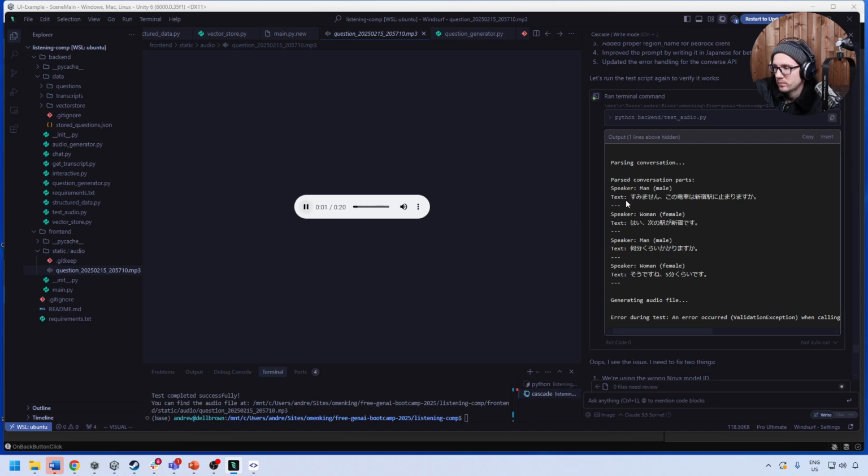次の会話を聞いて、質問に答えてください。すみません。この電車は新宿駅に止まりますか？ はい、次の駅が新宿です。 ありがとうございます。何分くらいかかりますか？ そうですね、5分くらいです。 新宿駅まで何分かかりますか？正解は5分です。